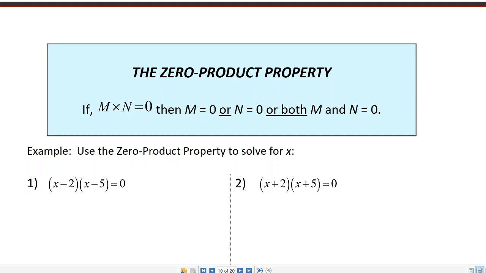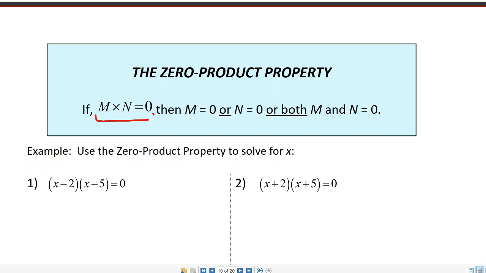All right, so last class we reviewed factoring. Today we are going to use factoring to actually solve some quadratic equations. In order to do that, there's a property called the zero product property, which we have to understand to understand how we're factoring. The zero product property just tells us that if we multiply two things together and